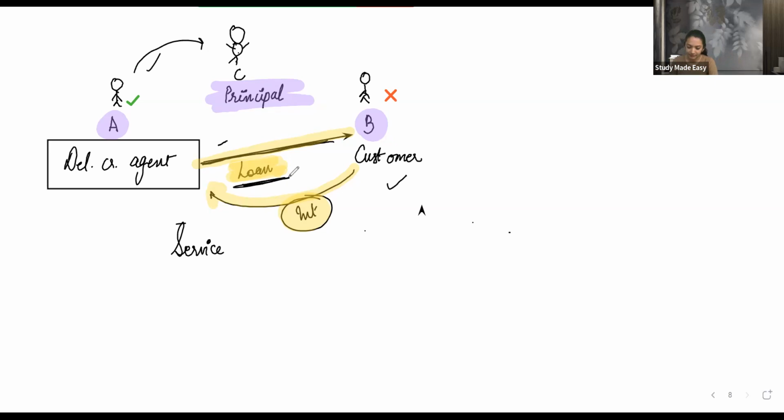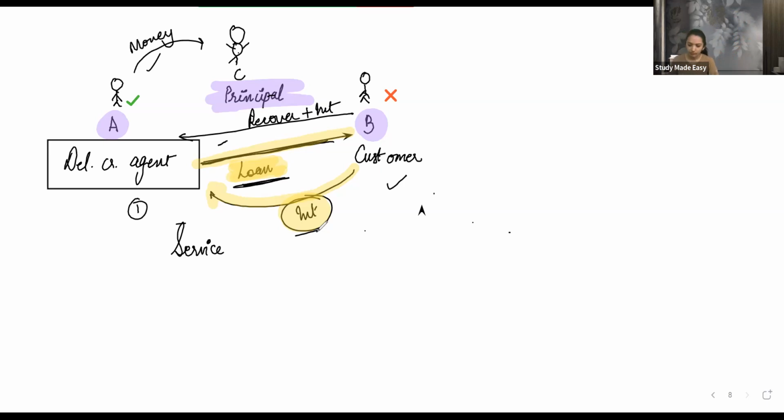Understood this? Chalo. Now, this is option number 1. Option number 2. Either this del credere agent could directly give the money to the principal and he will recover it from the customer. There are 2 options. Either directly pay the principal and recover from the customer, or give a loan to the customer and recover it from the customer. In both cases, it is not free. With interest he will recover, and if he is giving a loan, again it would be with interest. Did everyone understand this?